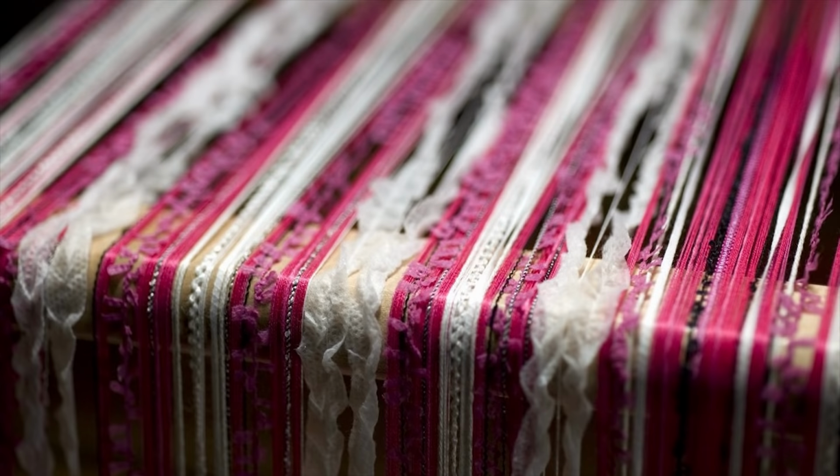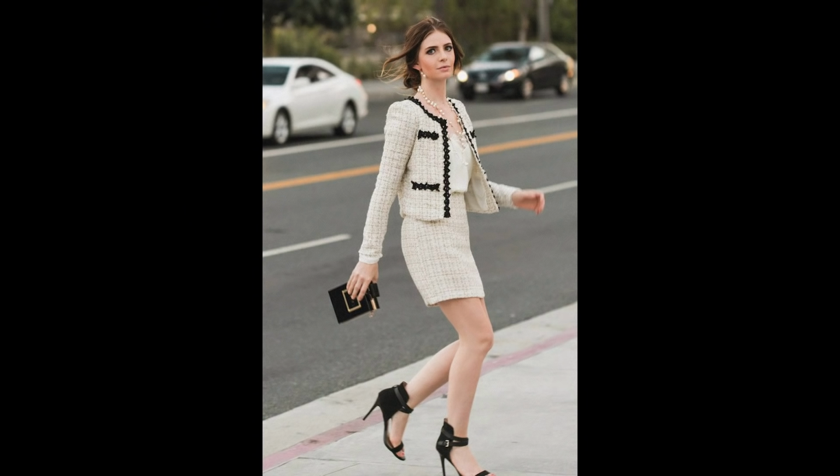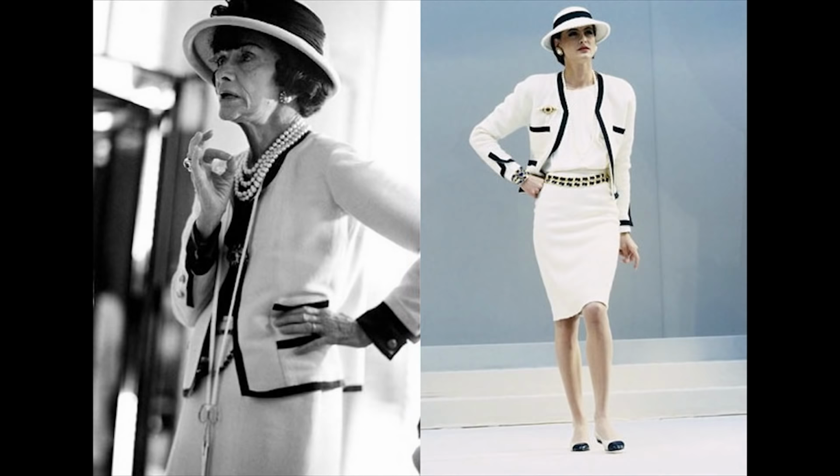I find tweed irresistible, not only because it's so Chanel, but also because it's the most action-packed fabric. It's got depth, it's got texture, there are millions of combinations, so finding your perfect tweed is like having your own unique fingerprint. Tweed is most iconic in a 2-piece suit, but I personally like to steer away from clothing